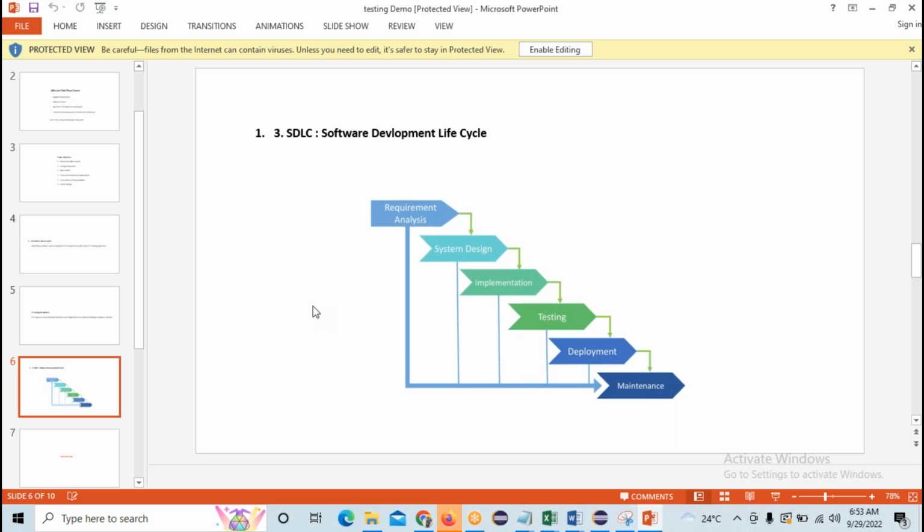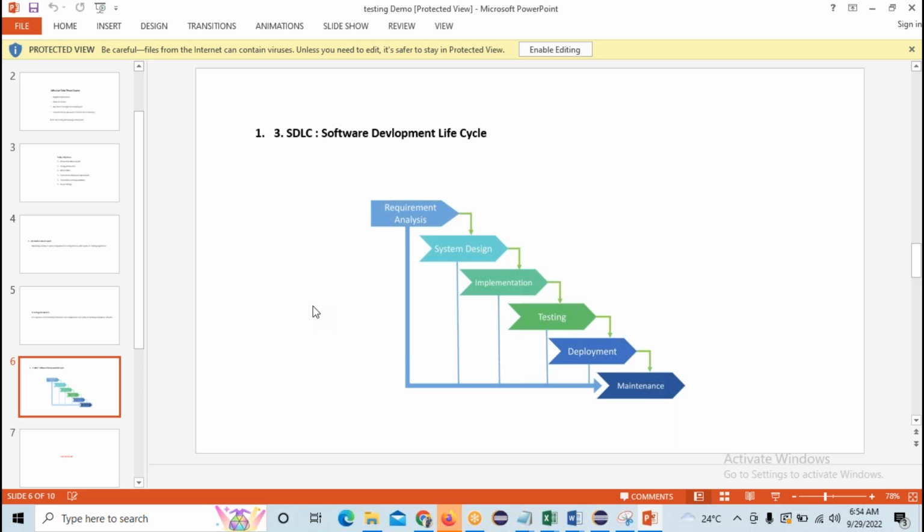Okay, and the next step is deployment. In the coding part, IRCTC code development is done, testing is done, everything has passed. Then what do you have to do? You have to deploy that code onto the server. Now, if you go to irctc.com, you are able to see the IRCTC website interface. Why do you see it while entering www.irctc.com? Because the code has been deployed onto the server, the DNS server. That is called deployment.